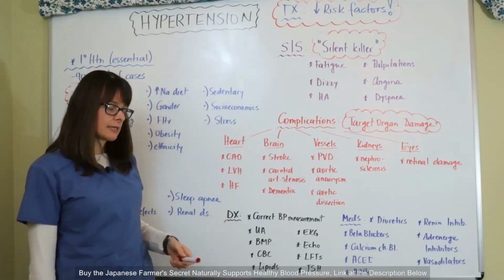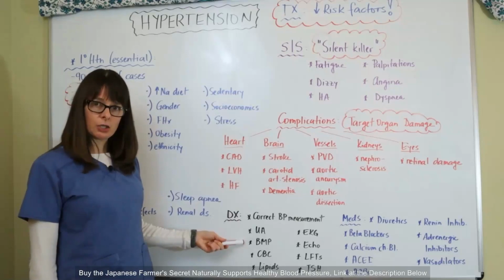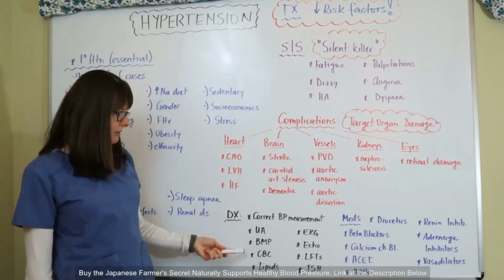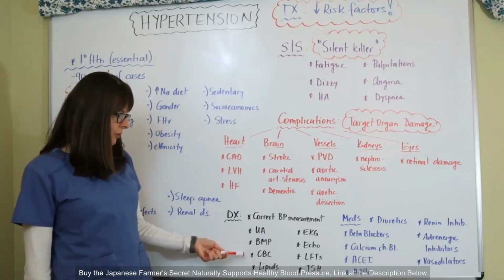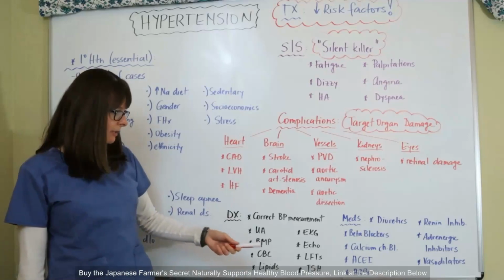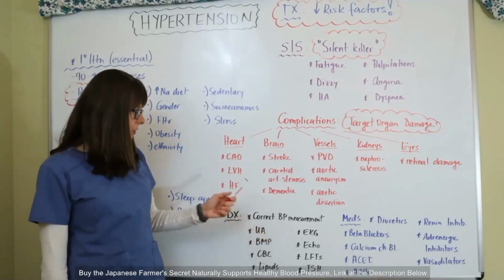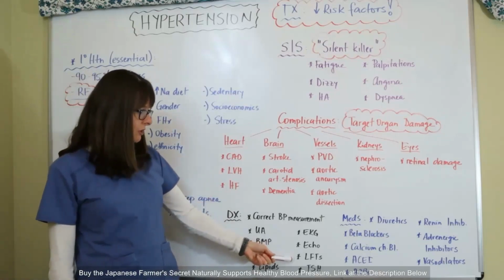Other diagnostic tests would be urinalysis to check kidney function, BMP, again checking kidney function and electrolytes, checking the CBC just to make sure they're not anemic and their platelet functions are okay, lipid panel because of the high risk for hyperlipidemia, an EKG or echocardiogram to check for those heart complications we discussed, liver function test to see maybe